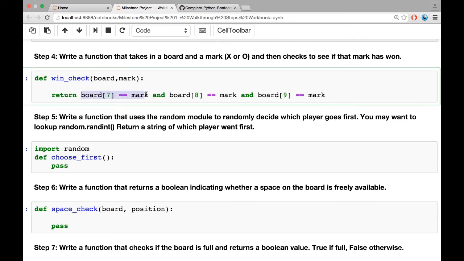This would then check if the top left corner at 7 was equal to the mark, if the top middle was equal to the mark, and if the top right was equal to the mark. So that's checking across the top. So what we're going to do is keep doing these checks for every single possible win that you could do. And I'm just going to go ahead and copy this from the solution notebook